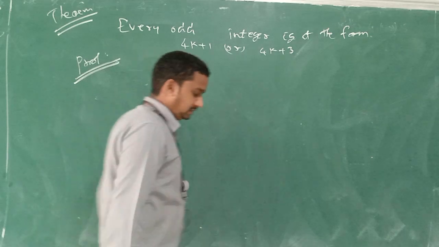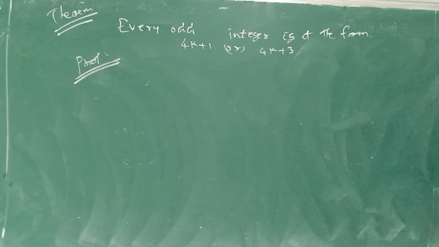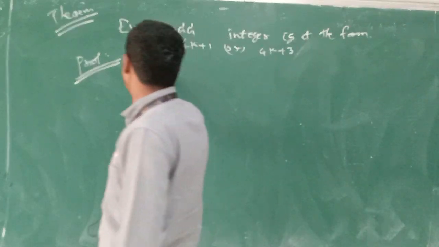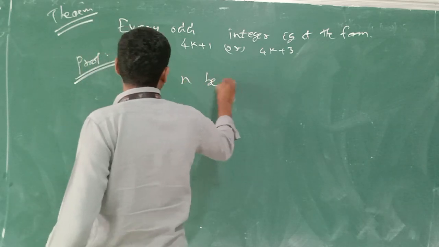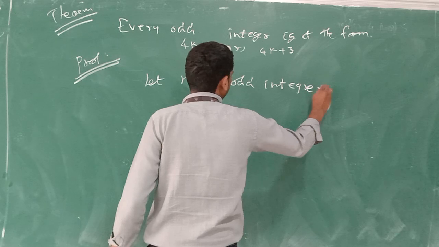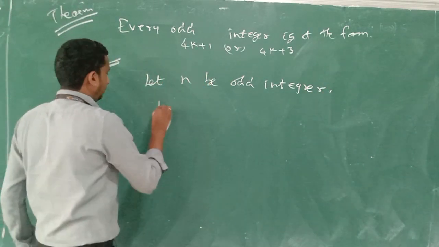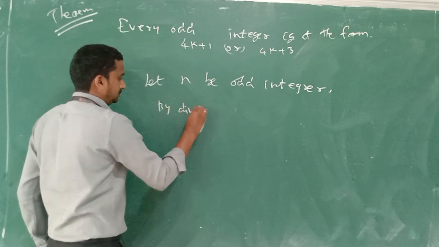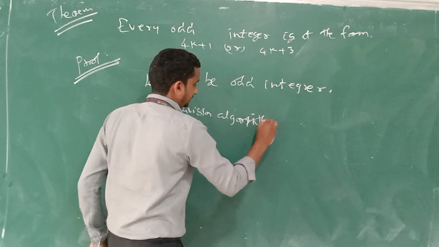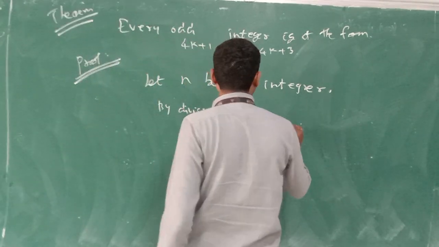Now here the sentence is every odd integer. Every odd integer means, mathematically, you can write it as a general unknown value n. So write it as: let n be an odd integer. Now after that, by applying the division algorithm concept, n is of the form